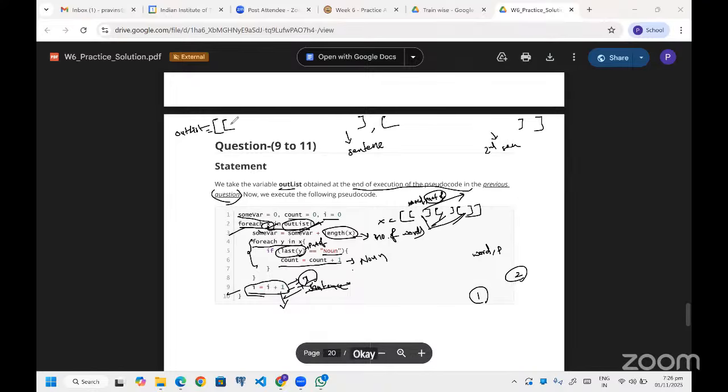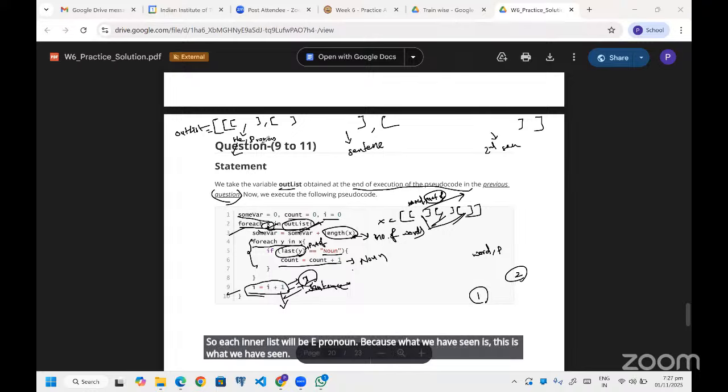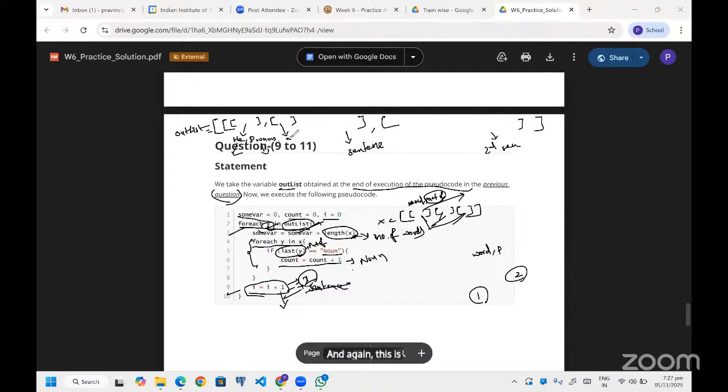In this sentence, for this length of X, I'll keep this inner list. Each inner list will have a word and its part of speech, like noun or pronoun, because this is what we have seen. This is a word, this is the part of speech respectively. And this is, let's say, a conjunction part of speech. Similarly, it will go on up to the end of the sentences, right?